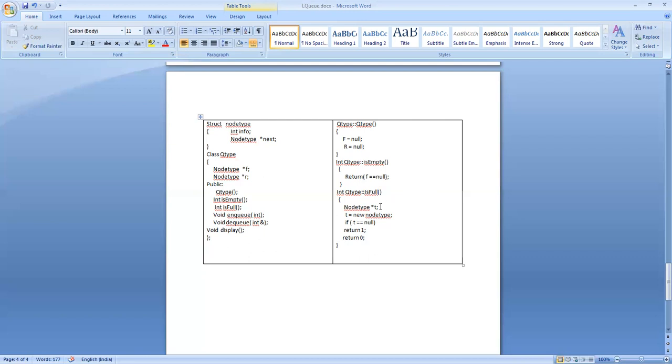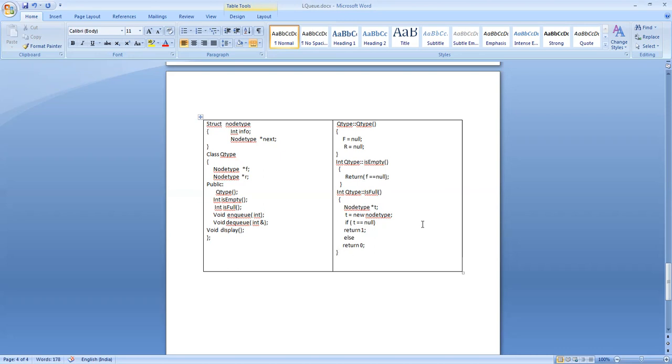So we declare a pointer variable t, then we try to allocate memory to it. If it is successful, then t would be pointing to that memory area, otherwise t would be pointing to null. So now you are checking if t is equal to null, then you return 1, else return 0. That's what we discussed in the last class.